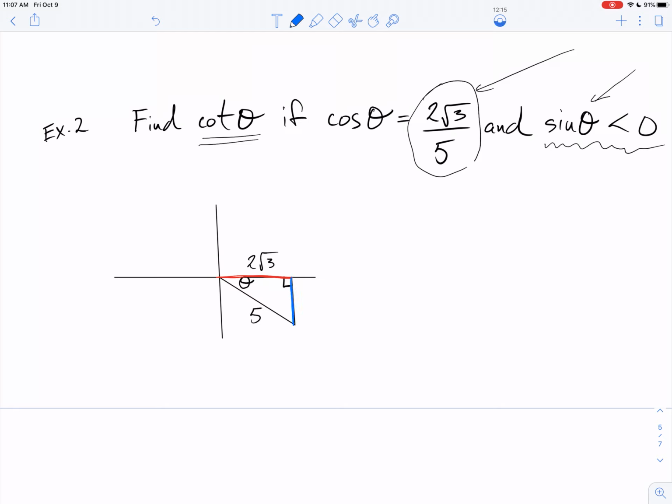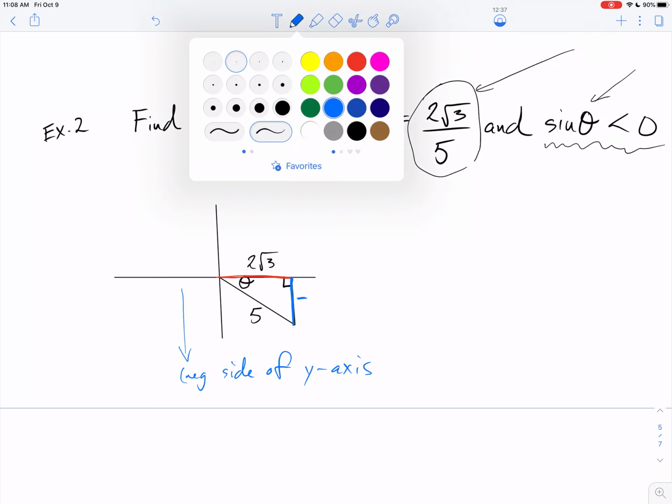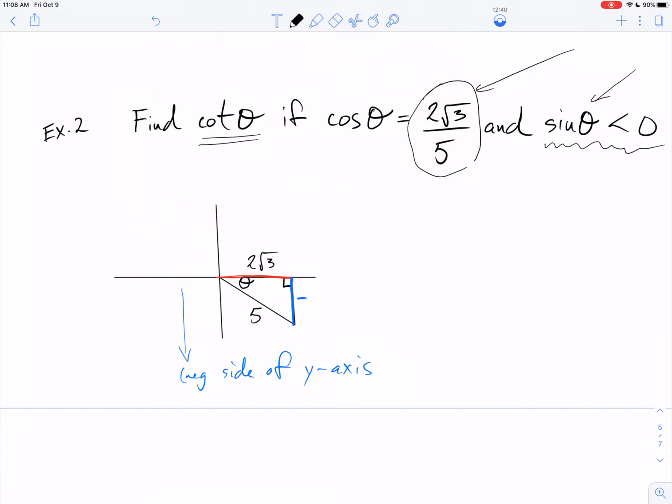But you can see that the opposite side here is on the negative side of the y-axis. It's on the negative side of the y. So whatever answer I get for this piece, it's going to have to be negative. Then I can go back and I'll have all three sides and I can find my cotangent, etc. But let's play. We're going to do, okay, we got some leg of this triangle we don't know, plus this one that we do know,